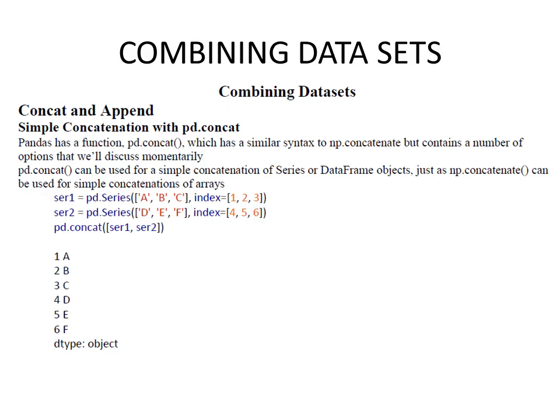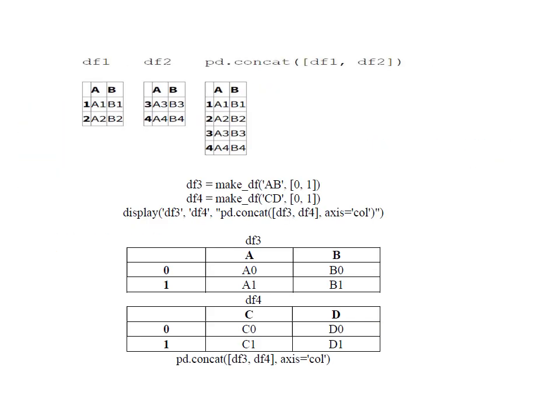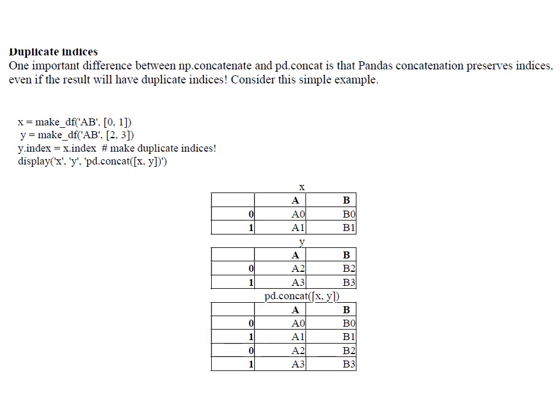So combining the data sets. How we are going to join and combine, concat and append. In pandas series, how we are going to join 2 series with either alphabets and numbers. We have a display here in the form of concatenated tables, either in join and combine format. This is an example. Duplicate indexes is where it has null values with index and duplicate indexes.